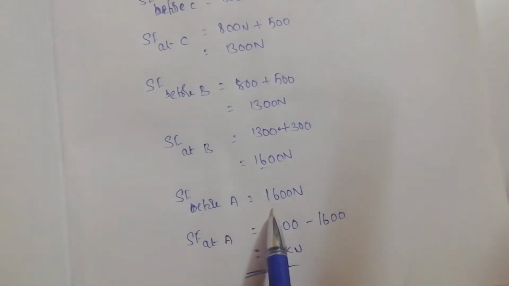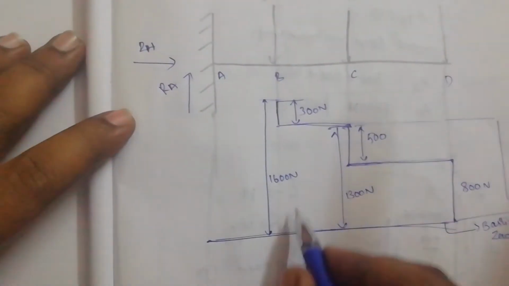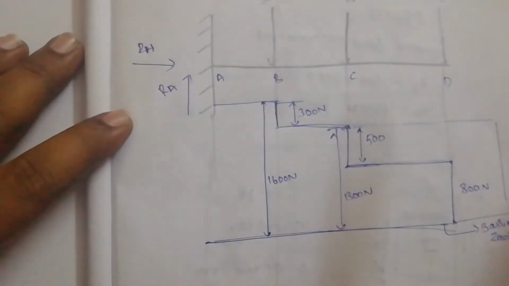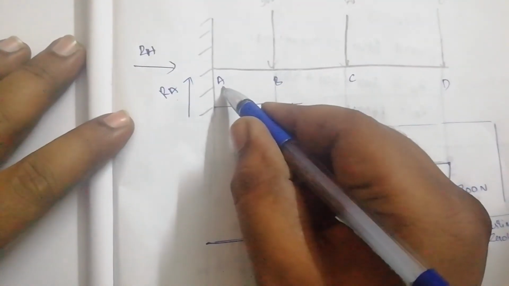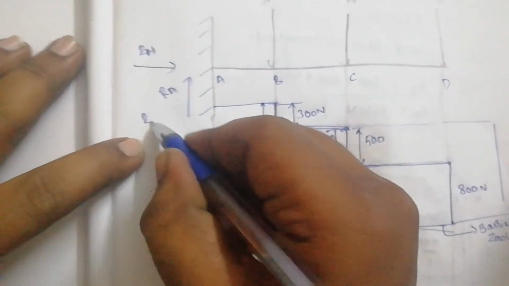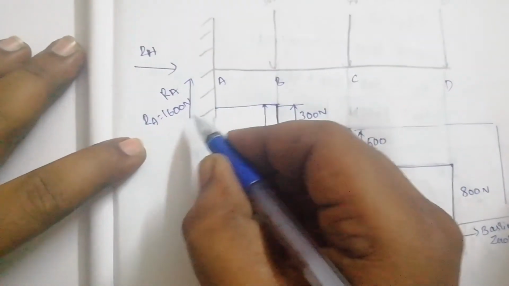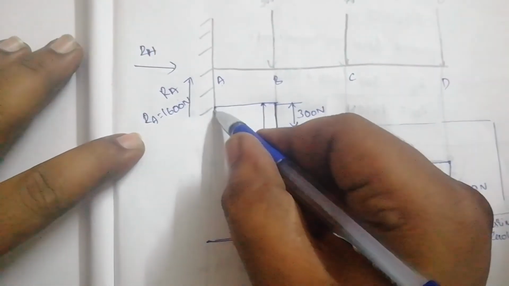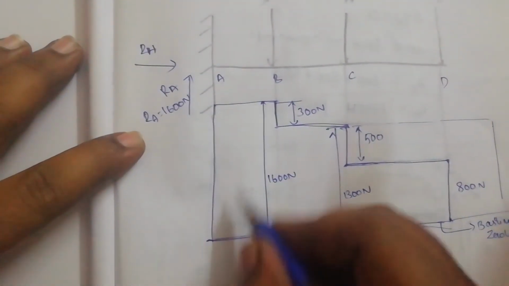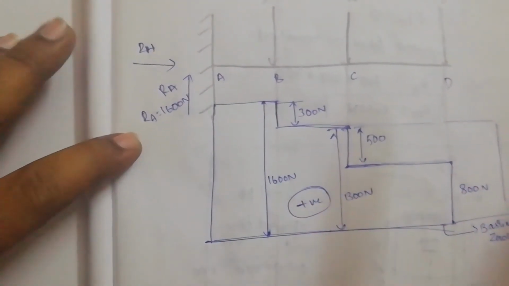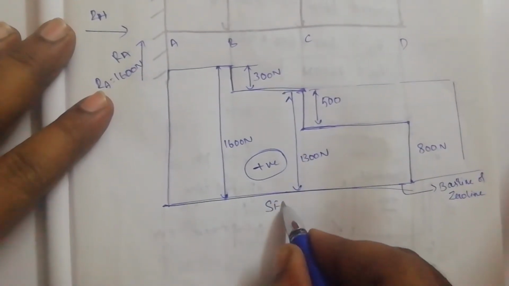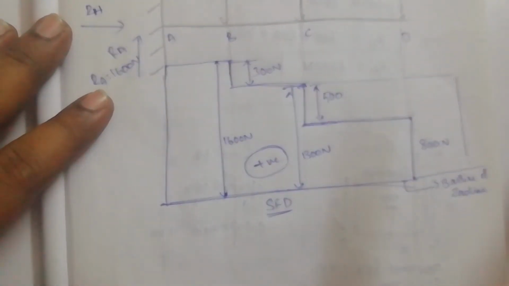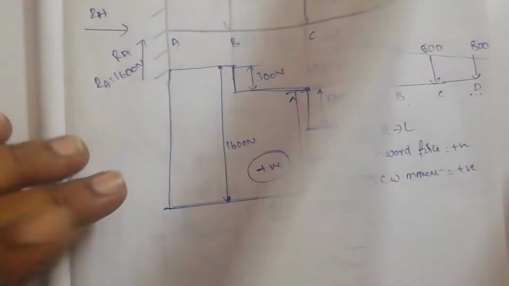Now from this point, if you see before A, what is the value? 1600. So already you have reached 1600. So I will directly travel from here to here, no change. Now once you reach this point, you have the load at A which is acting in the upward direction, whose value RA is equal to 1600 Newton. Since this is acting in the upward direction, the value is minus, so I will minus this value and you will get this. So this entire diagram is in a positive sign, so we write it as positive. Here we write shear force diagram. Okay, in this way you have to draw the shear force diagram.